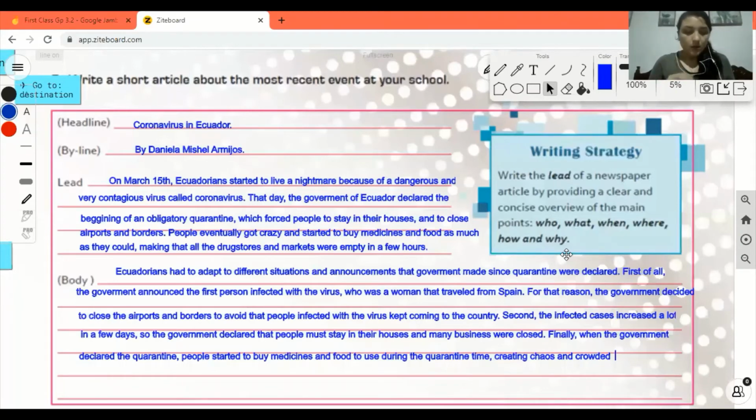Okay, you chose the topic, the headline in this case, activities to do in quarantine, right? Perfect. So, what I can notice in your article, first of all, congratulations, you did a good job, but you have some things that I need you to improve. And first of all,